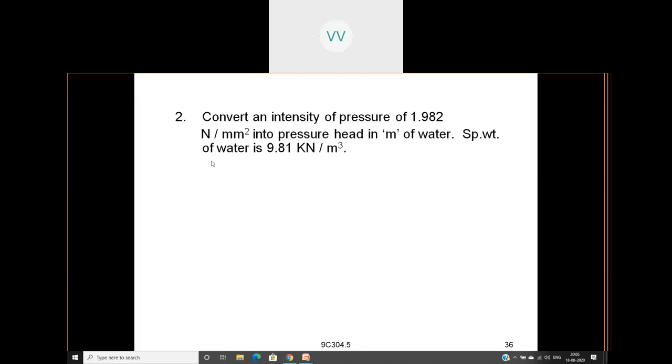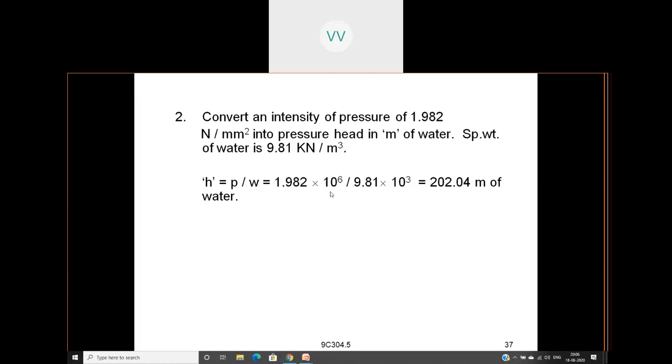So next question. Convert an intensity of pressure of 0.982 newtons per mm square into a pressure head in meters of water. So specific weight of water is 9.81 kilonewtons per meter cube. So H is equal to P by W, because P is equal to WH. That is our basic equation. So the intensity of pressure is